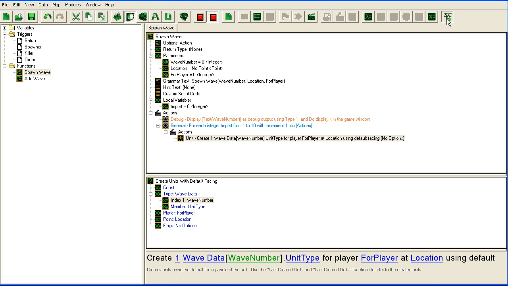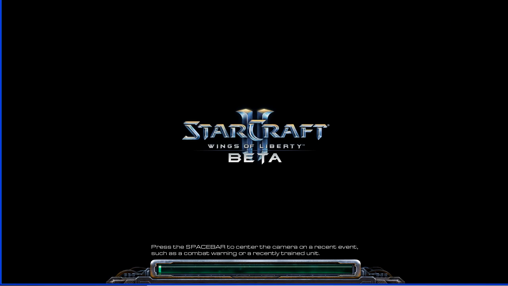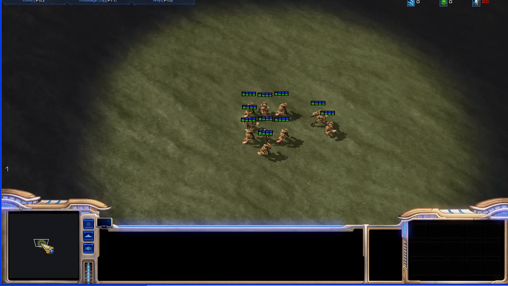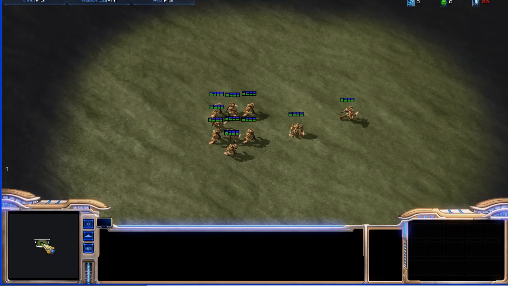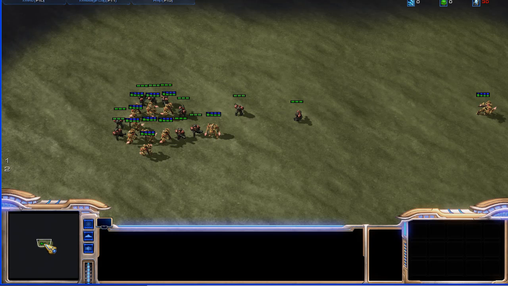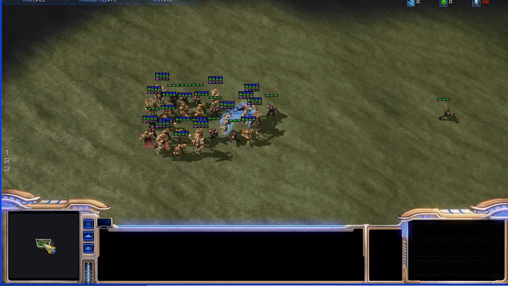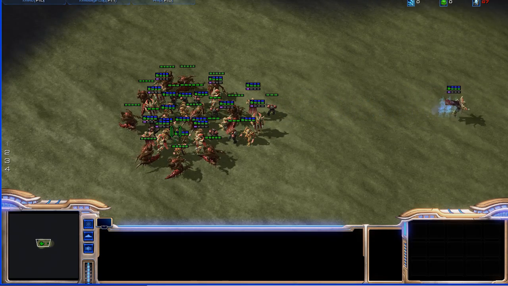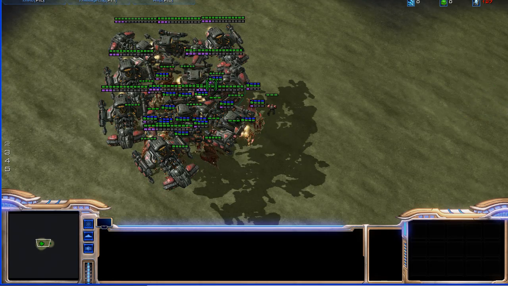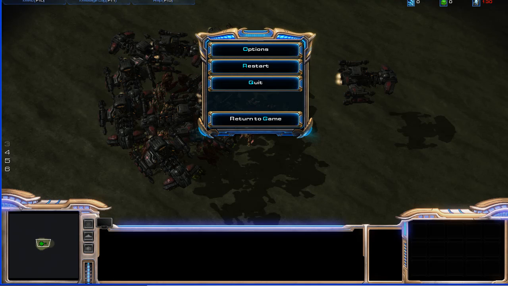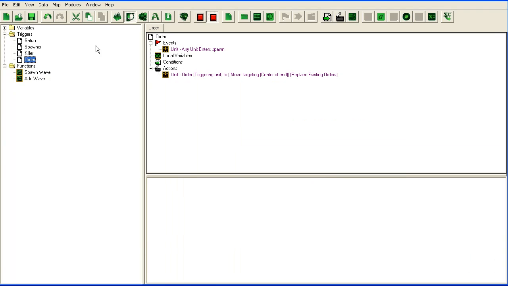So let's try this again. And now it spawns the correct type. Still only a few units are moving. And if you pay a bit of attention, we notice that only the units that spawn in the center seem to move. So what does that mean? We look in the trigger editor, and we look at the order,